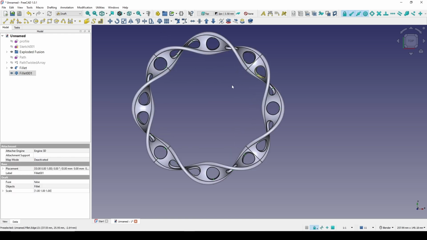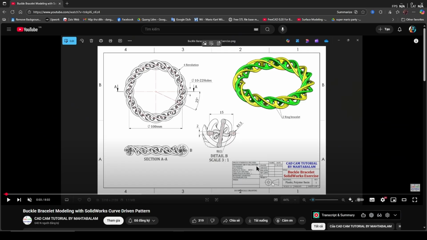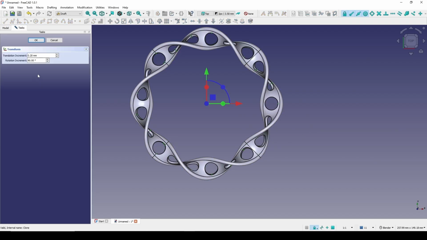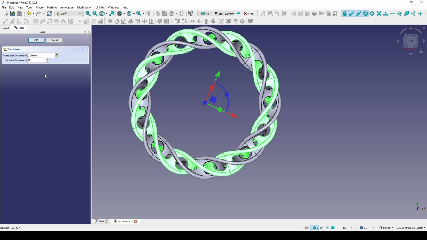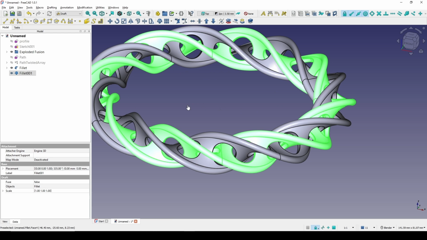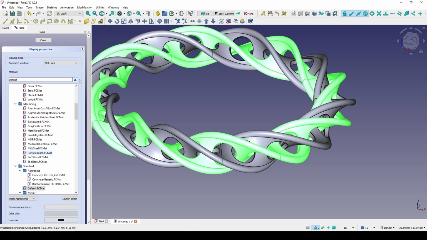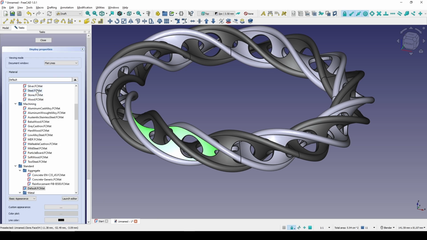So next, in this video, he rotated it about 25 degrees. So right click on here, go to transform and type in here 25 degrees. And just grab the blue one and rotate it like this. And there we have it. And you can set the material to see it better. Select this one, hit Ctrl D and go to the default. Click on here and go to the aluminum. Close. Click on this one, hit Ctrl D. Go to the